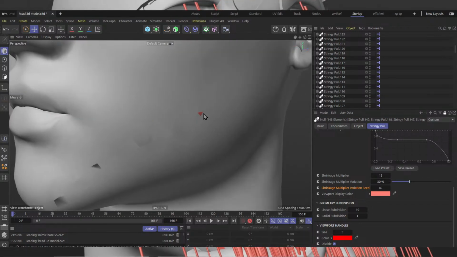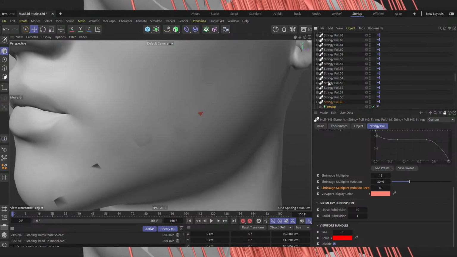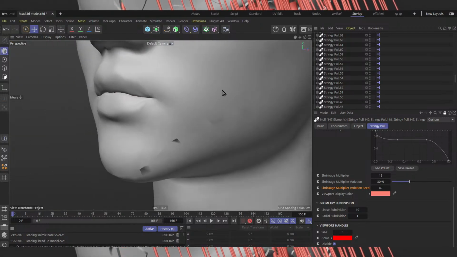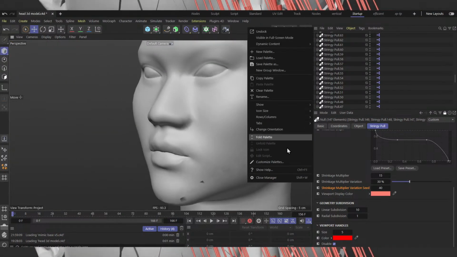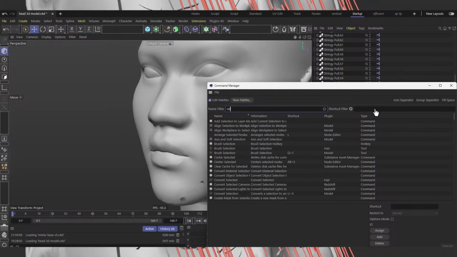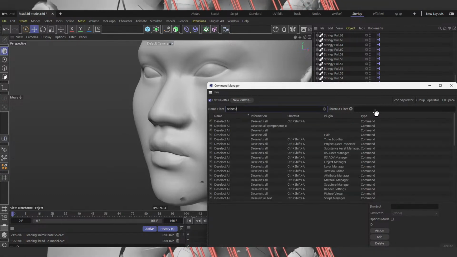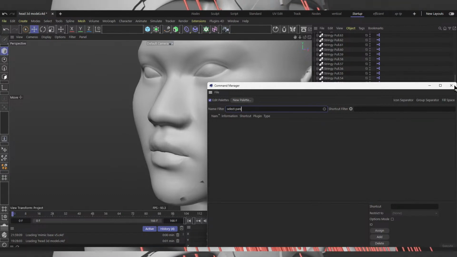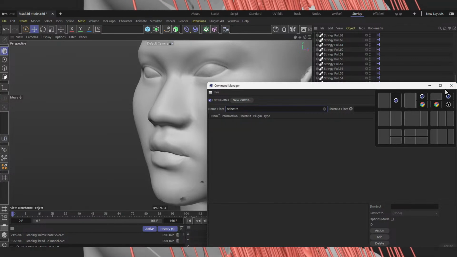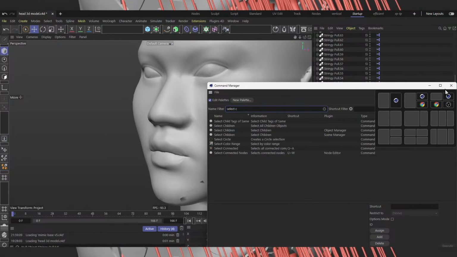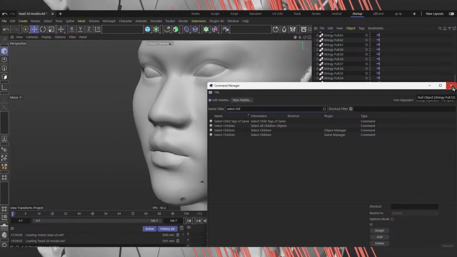Okay, bye bye. There you go. It would be nice if there's a select parent thing. Select root, maybe. But there is like children, so that's weird. Anyway,